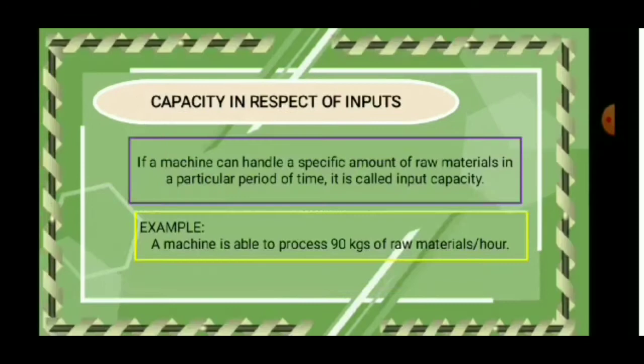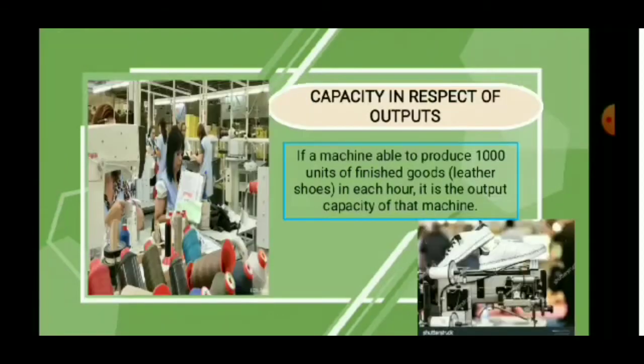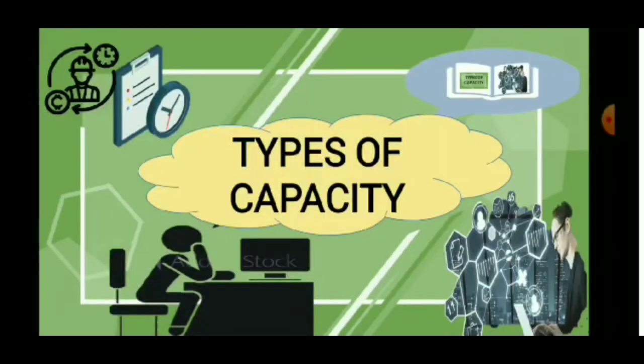Next is capacity in respect of inputs. If a machine can handle a specific amount of raw materials in a particular period of time, it is called input capacity. Example, a machine is able to process 90 kilograms of raw materials per hour. And lastly is capacity in respect of output. If a machine is able to produce 1,000 units of finished goods, leather shoes, in each hour, it is the output capacity of the machine. So next is the types of capacity